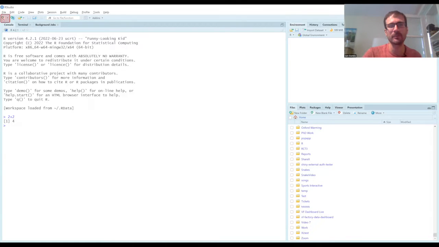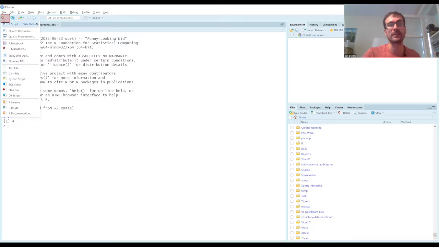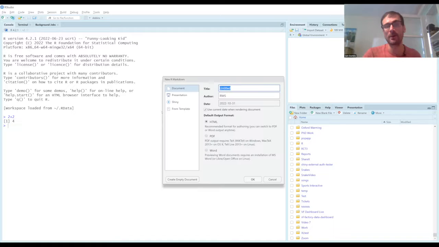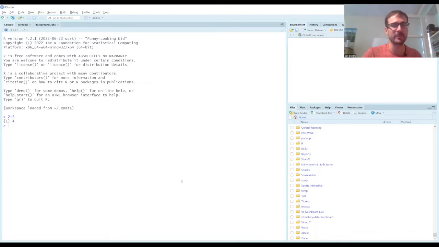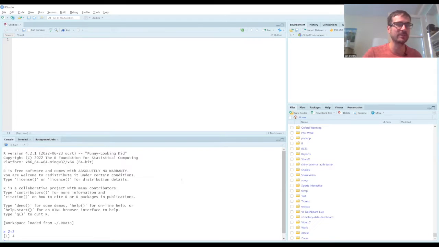These buttons at the top, this first one here, is create a new R file. And again, it's a little bit intimidating to be met with about 20 different options when you first start here. My recommendation is to use this format called R Markdown. This is a slightly newer format. It's specific to RStudio, but I'll explain a little bit as I go through why I think this is a good format. What I'm going to do here, again, is kind of ignore most of these options and click this button, Create Empty Document here.